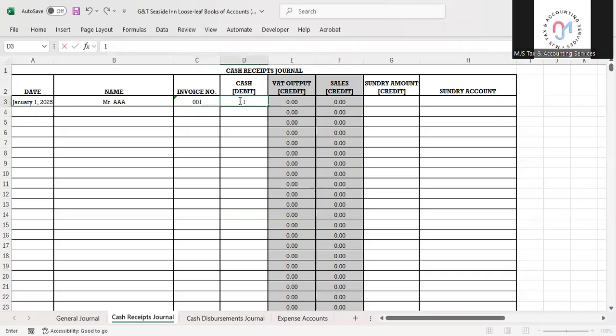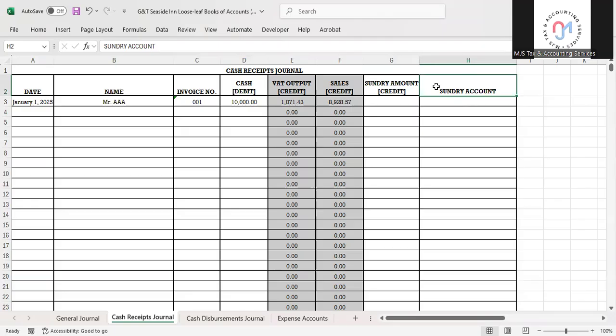And then we receive 10,000 cash from customers. So automatically, the columns will compute how much of the 10,000 goes to VAT and how much is for the sales.